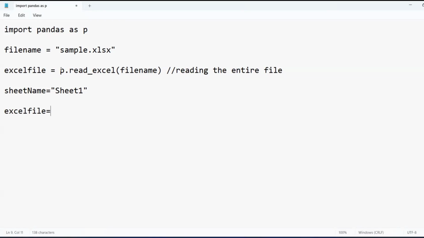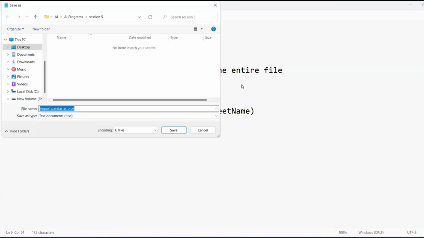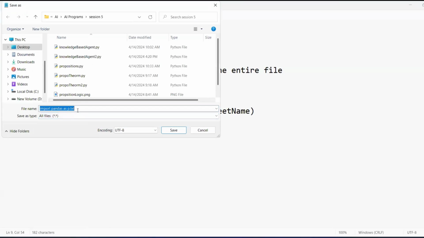So I'll copy the same here. After the file name, I can give a comma, then I can specify sheet name. I'll write sheet_name equal to. I'll just try this. So let me save this as